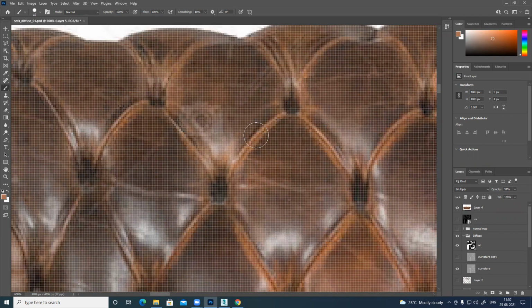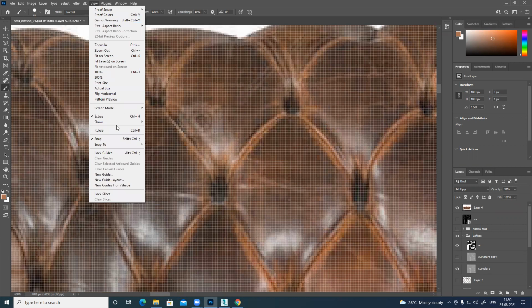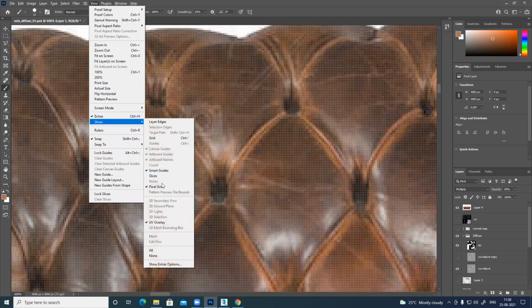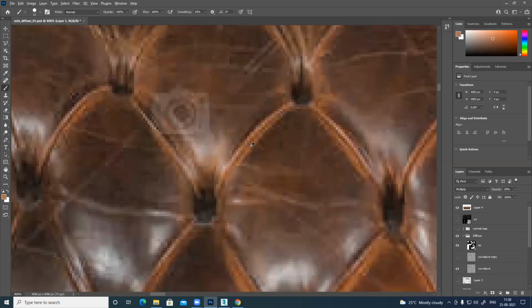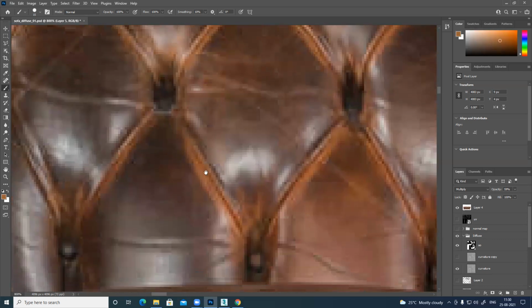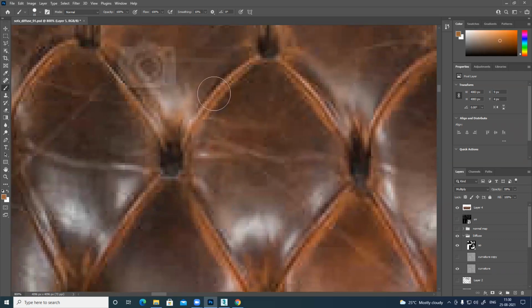So what I'll do for this, the pixel grid is on, so I'll go to View to switch off the pixel grid. That's it. Alt, pick any color, this lighter color. So I can see there's two colors. One is this saturated brown tint, one is this dark chocolate color, and this one is a little whitish color. So those color tones I have to add.